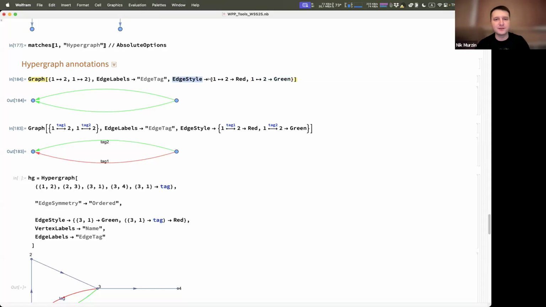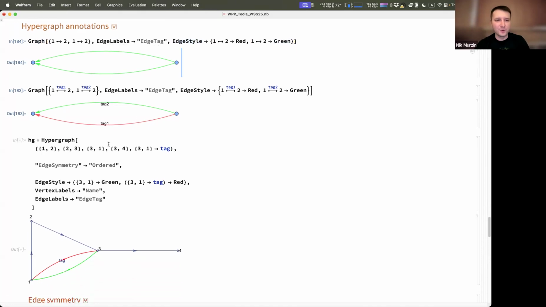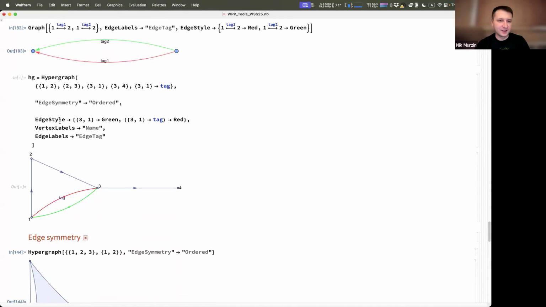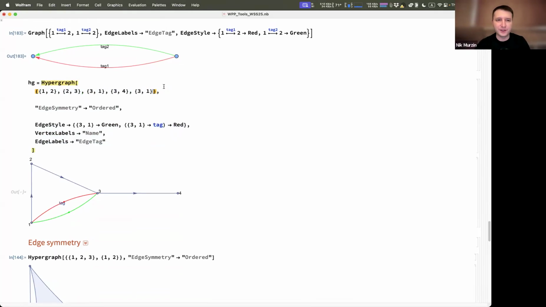If you want to label edges, there's a similar problem. If you want to style, label, and maybe add some custom annotation of edges, there's some problem with multi-edges, basically what I'm trying to say. But in the hypergraph, we decided to try out a different approach. So you don't have to tag it. You can still use tags, which can be helpful in order to separate multi-edges, but technically you can remove them, right? And if you remove that one,